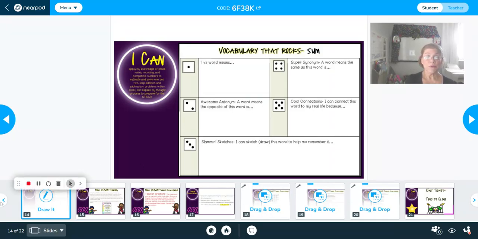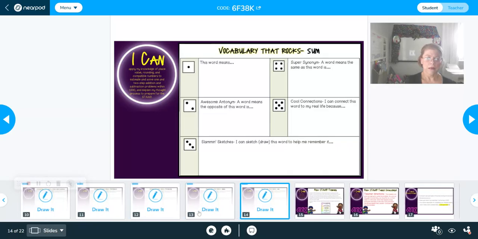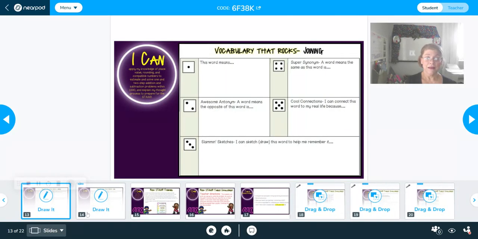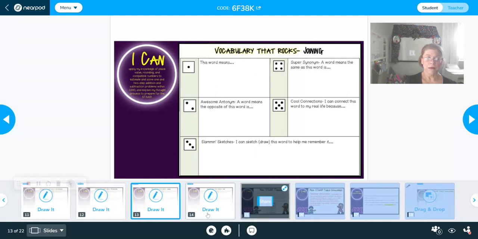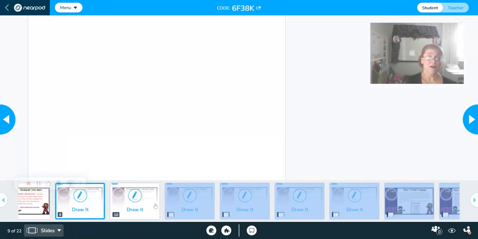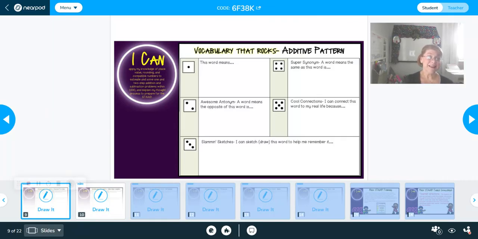Or you might want to skip some, because we know sum means the same as add. Difference means the same, come on, as subtract. But you want to keep additive pattern, so go through those, because if you're doing 1 minute for each one of these,